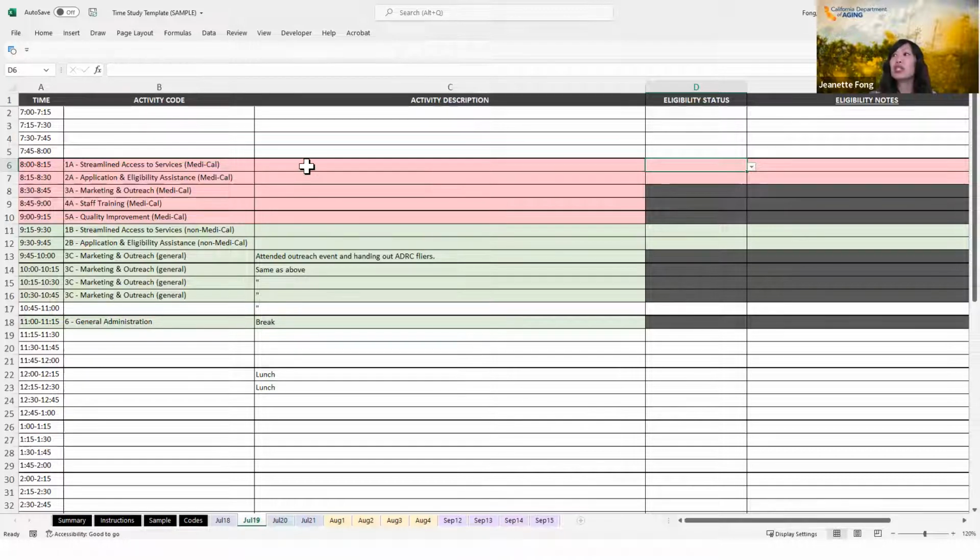So we just want to pay extra attention again to the red rows. We do want you to do just a scan or spot check of the green ones just to make sure we're not miscategorizing any Medi-Cal related activities that we're miscoding under the non-reimbursable activities. And then we also want you to check for at least maybe one, I think in the instructions it says to check for one red row a month, the supporting documentation. So ask your staff to take a look at that.